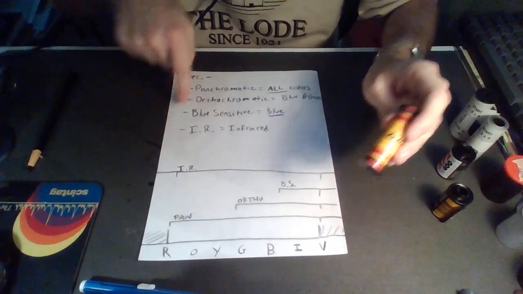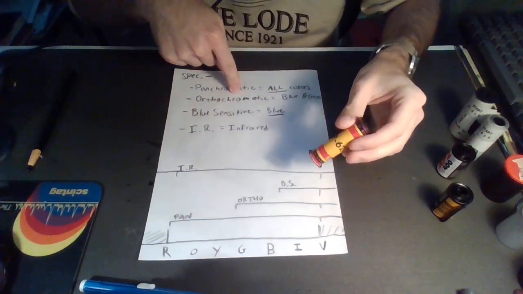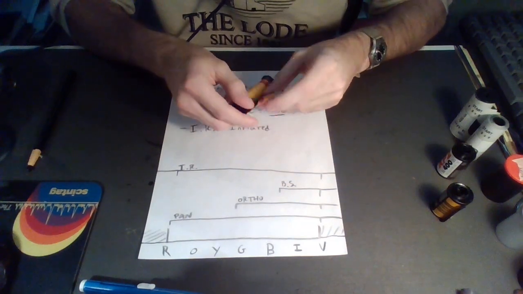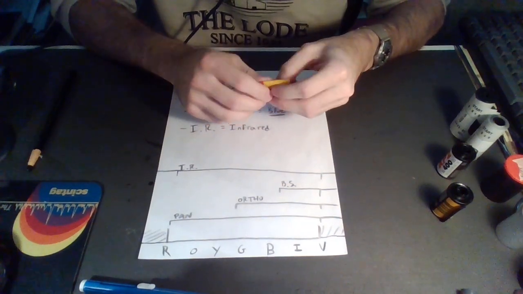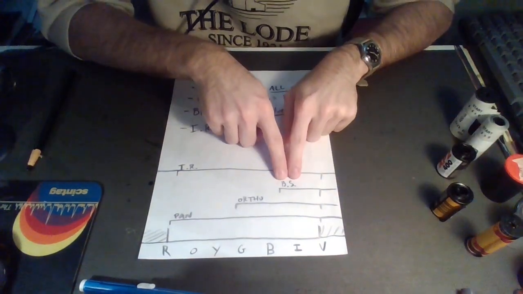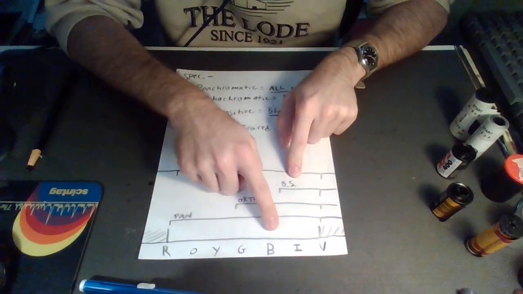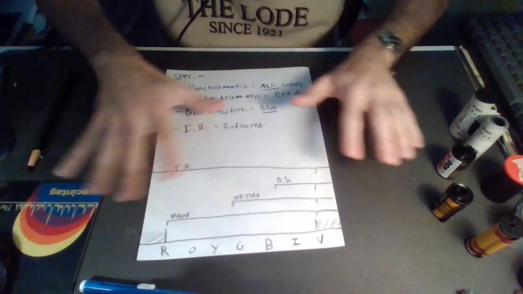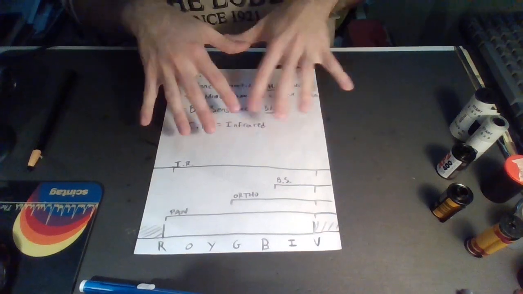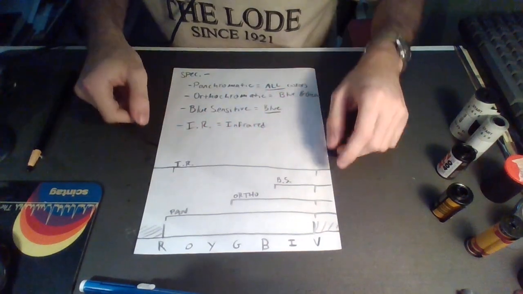But wait a second, I said true color. Well, here's the thing. That's kind of a misnomer nowadays. Orthochromatic, that term, was coined in the 19th century. And remember, they were used to using this blue sensitive emulsion. All of a sudden you have green and just a little bit of yellow. Wow, that's practically true colors to these people back then. So they called it true color, orthochromatic. Nowadays,